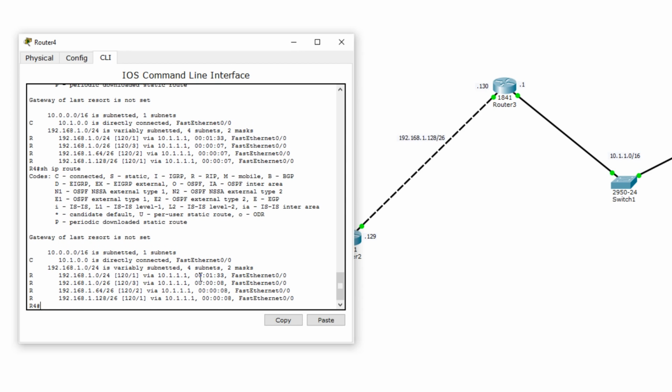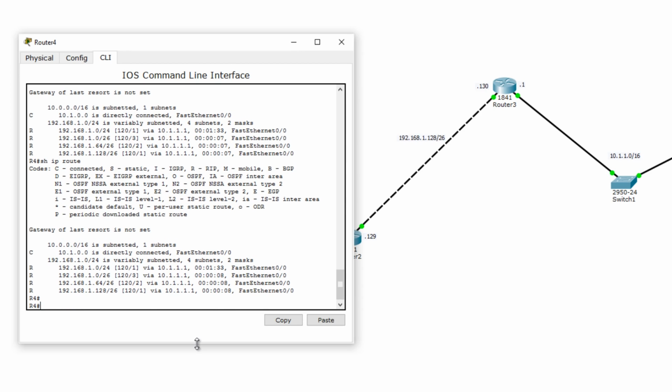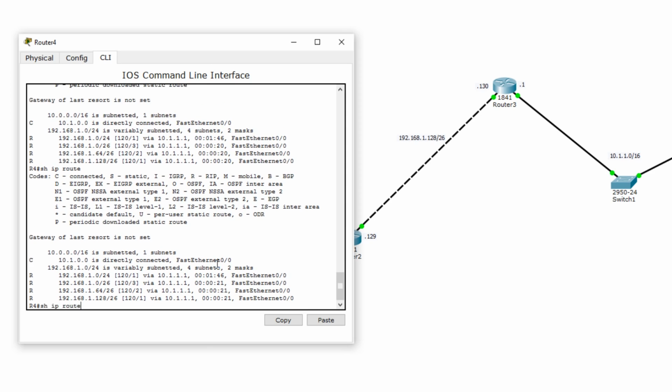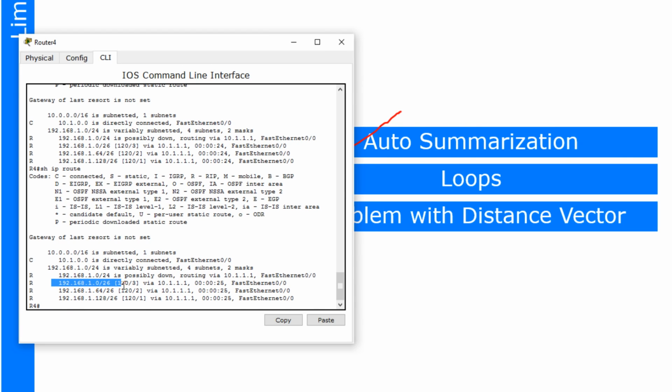So what is our flush timer? If you remember, it is 240 seconds after the update. So 30 seconds plus 240 seconds, 270 seconds, it should remove that network from the routing table. So 192.168.1.0/26, 1.64/26, 1.128/26, this is right. So now when traffic comes for 192.168.1.225, this device is going to drop it because it says I don't know where